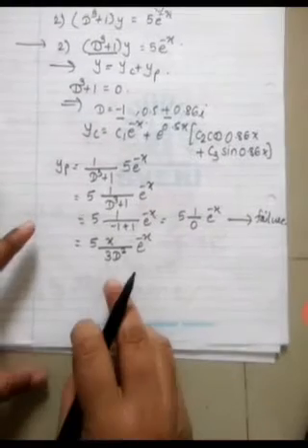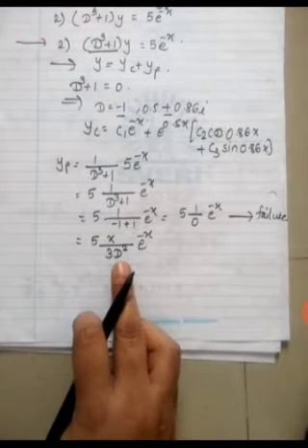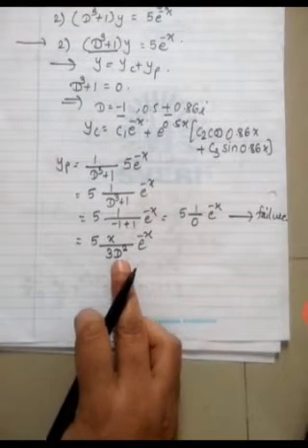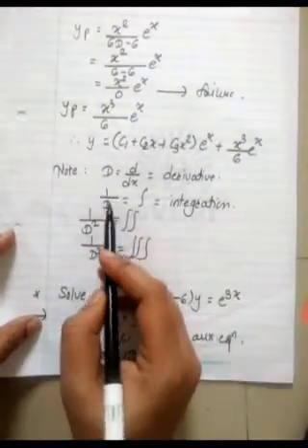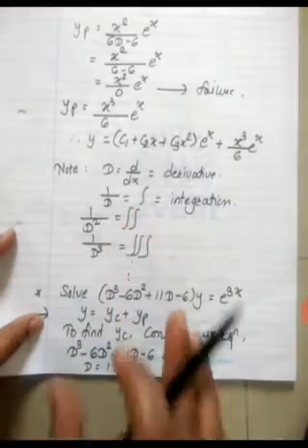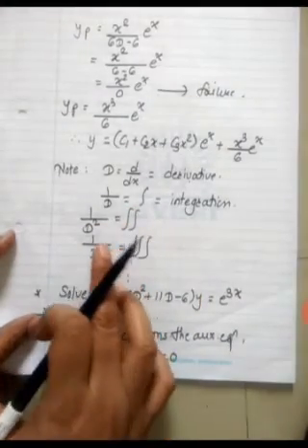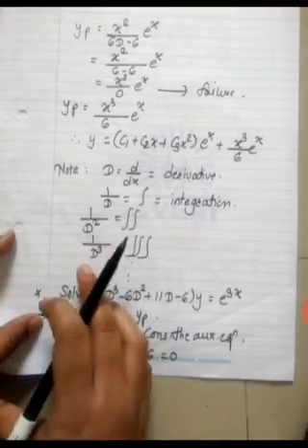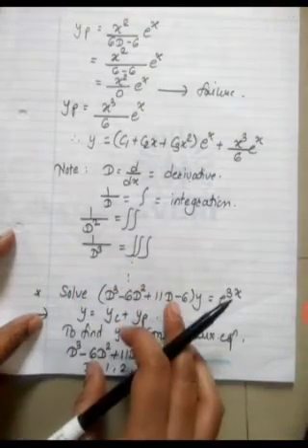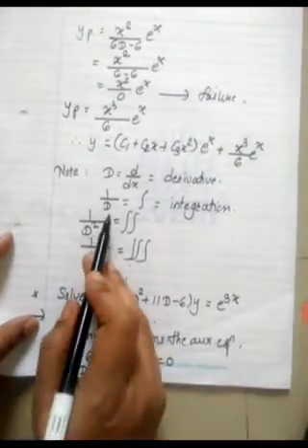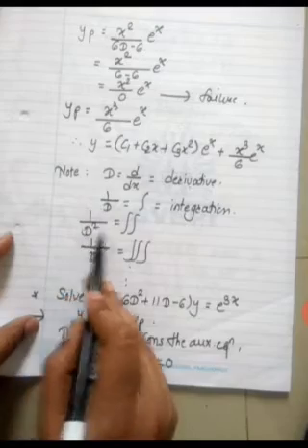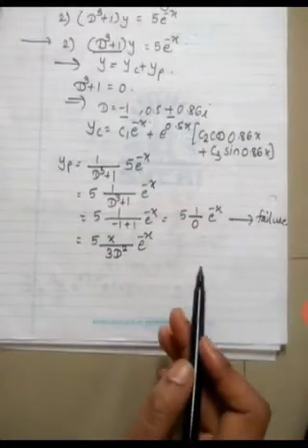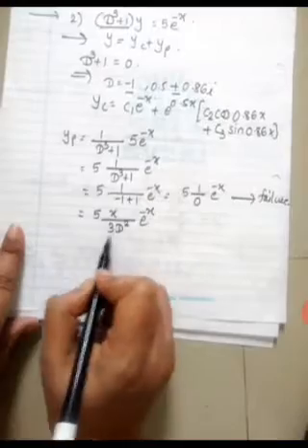Now here is 1 upon D square. I think yesterday I told you this. As D is the derivative, 1 upon D, if simple D square, D cube are there, we have to consider them as integration. If D plus 2, D plus 3, D plus 5, D minus something, then we cannot directly solve. But if simple D in the denominator, then 1 upon D is integration. If it is D square, then it is double integration. Similarly, here it is simply that x and 3, x is the term we have taken.